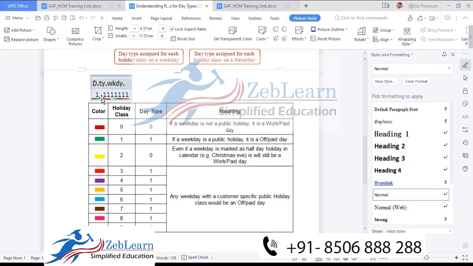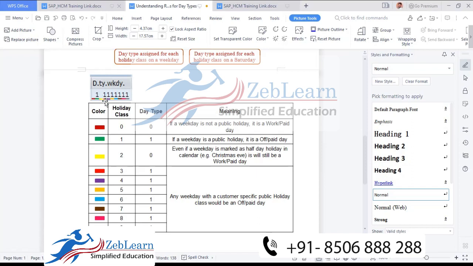For example, one day before Diwali, the organization decided to give a half day holiday for every employee working in my organization, but for that half day you have to work and I am going to give full payment. I'm not going to deduct your salary according to half day. You will work half day because it's a half day holiday, and I'm going to pay the full salary for that day. That is the requirement.